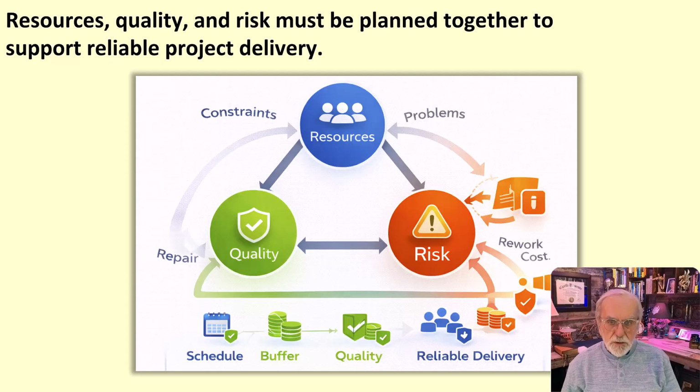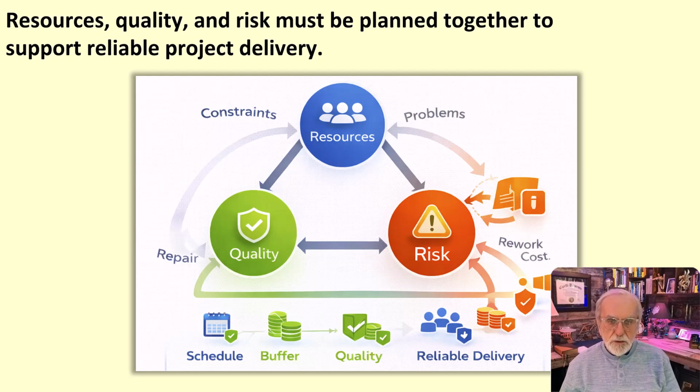Integrating resources, quality, and risk. Resources, quality, and risk must be planned together to support reliable project delivery. This slide brings together the three major planning areas we have covered in this part of the lecture: resources, quality, and risk. While we've discussed them separately for clarity, in practice they are closely connected and should be planned as